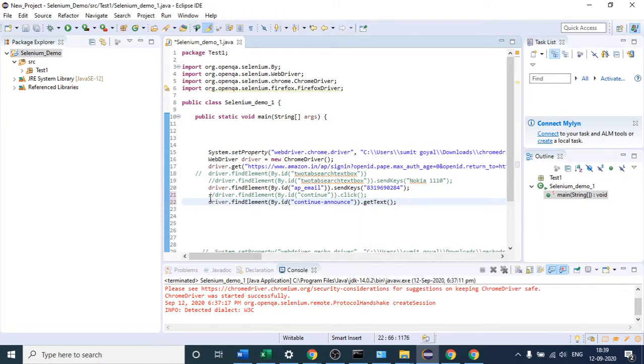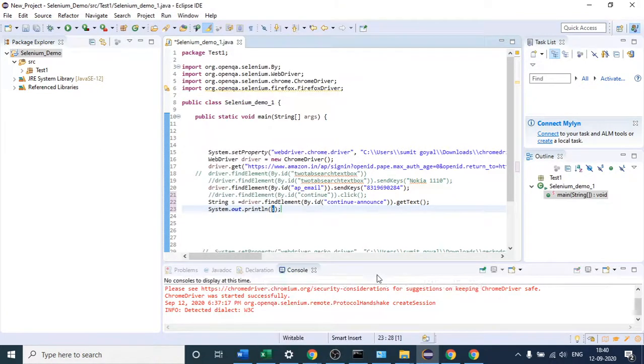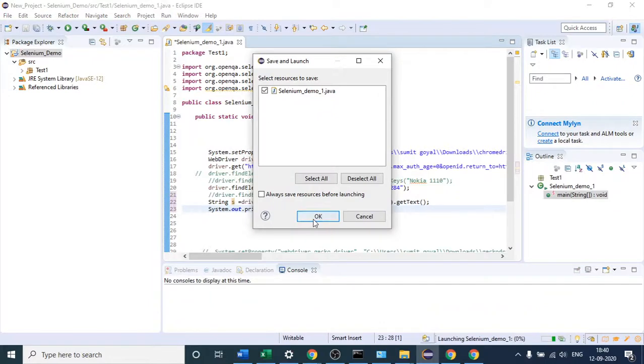And one more thing. If I have to print this, first I will catch that in one string variable. So whatever text is written on the button, it will give me this. And after that, I will simply print this. This is the print statement. I will print that text. Let us check whether it is working correctly or not. Then I will again explain how it has worked. First, let me check.